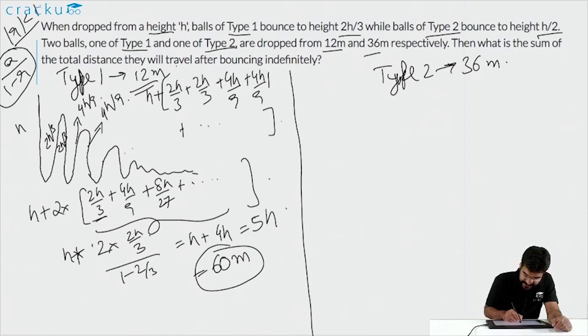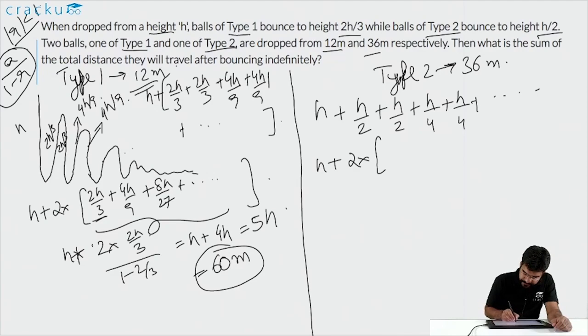So in this case, it will travel h once, which is the initial height from which it is dropped. Then it is going to travel h by 2 while going up and h by 2 while coming down. Similarly, h by 4 while going up plus h by 4 while coming down, and so on. So this will also be similar. So it will be h plus 2 into h by 2 plus h by 4 plus h by 8 plus